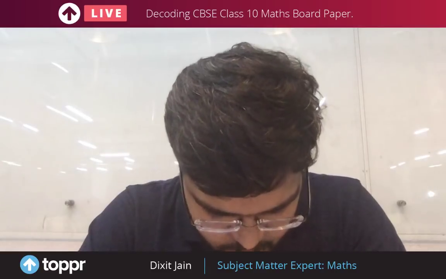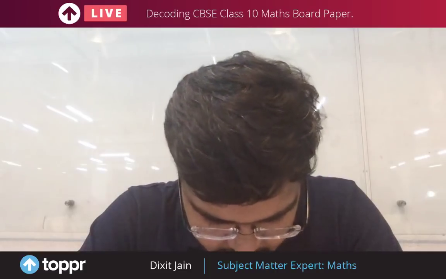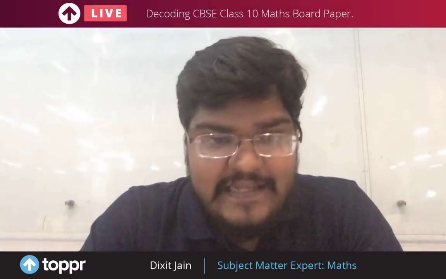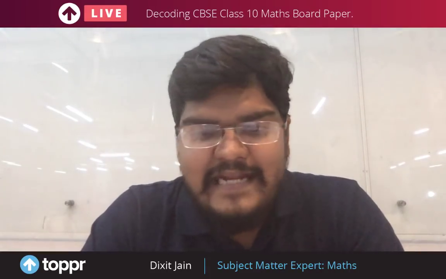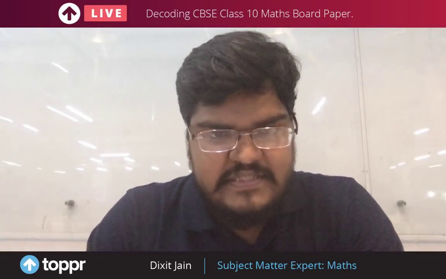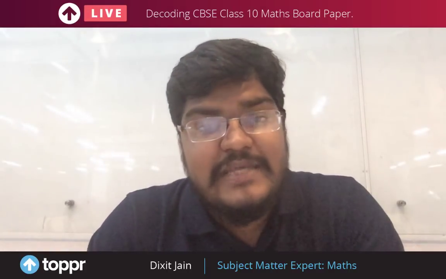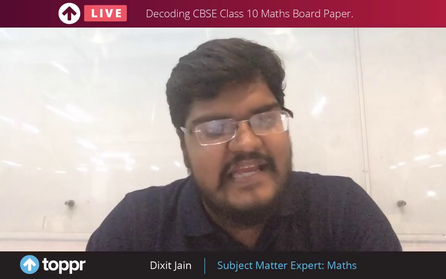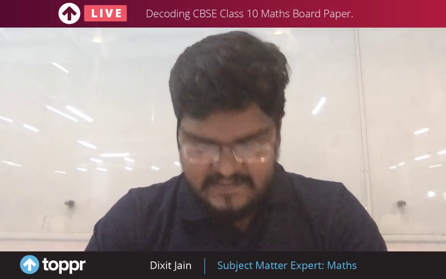नेक्स्ट क्वेश्चन, गिवन दैट √2 इज इरैशनल, प्रूव दैट 5 + 3√2 इज एन इरैशनल नंबर. सो रूट 2 अगर इरेशनल है तो हमें ये प्रूव करना है कि 5 + 3√2 जो है वो एक इरेशनल नंबर है। इसके लिए हम सबसे पहले ये कंसिडर करेंगे कि 5 + 3√2 जो है वो एक रैशनल नंबर है, एंड देन वी विल ट्राई कि हमारे पास में जो भी बन रहा है प्रोसेस उसे हम कॉन्ट्राडिक्ट करें। सो अगर आपको याद हो तो रियल नंबर्स के जो ये प्रूव वाले क्वेश्चंस होते हैं इसे हम कॉन्ट्राडिक्शन मेथड से सॉल्व करते हैं, एंड जस्ट ट्राई एंड डू इट बाय कॉन्ट्राडिक्शन, इट विल बी वेरी इजी फॉर यू टू।